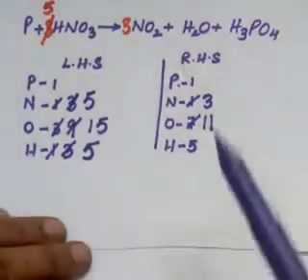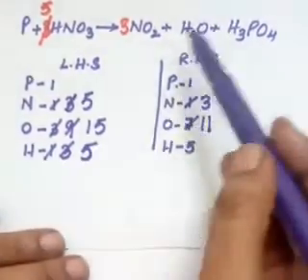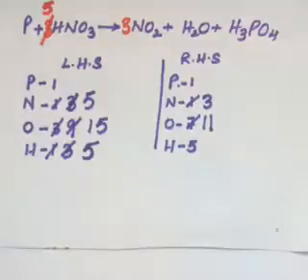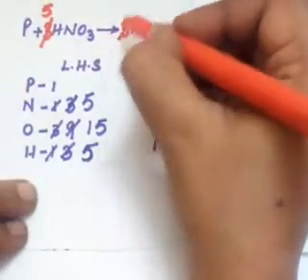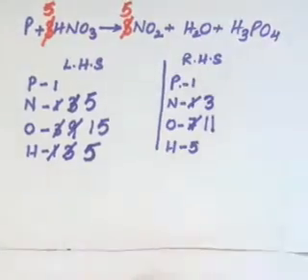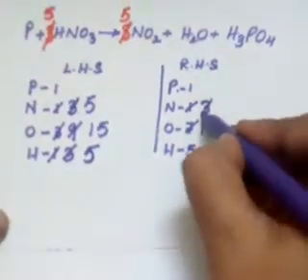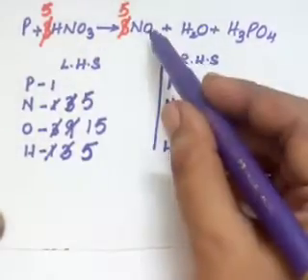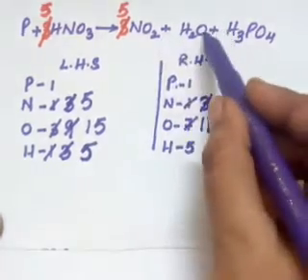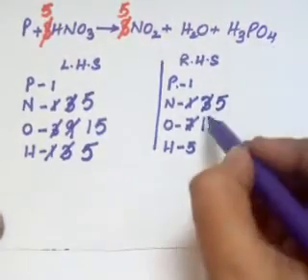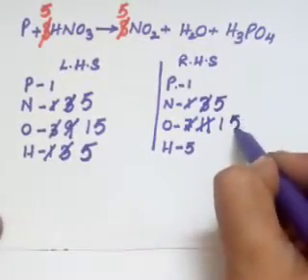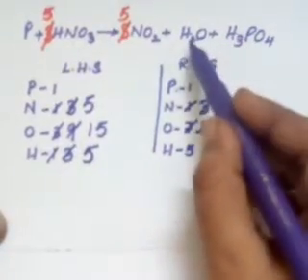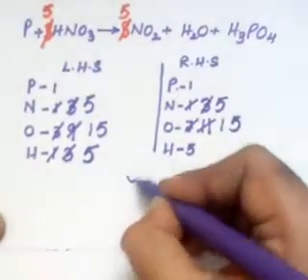Now let us make the change here according to this, so that both sides are balanced. Here we need 5 nitrogen. So at least 5 nitrogen we will be needing here. So we will make 5 here. When we make 5 here, let us see how much oxygen there is now. This is 10. 10 plus 1 is 11. 11 plus 4 will be 15. That means nitrogen and oxygen are balanced. Now let us check for hydrogen. Is it balanced? 3 plus 2 is 5. And here it is 5. So now it is balanced.